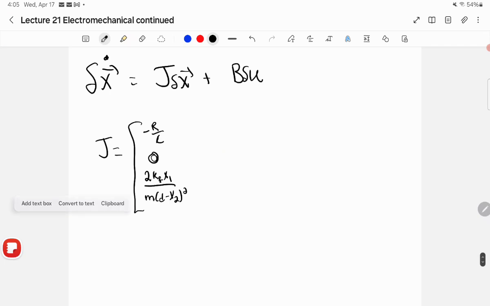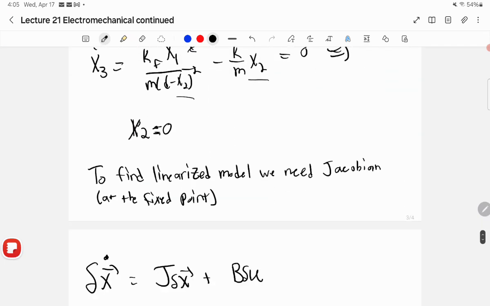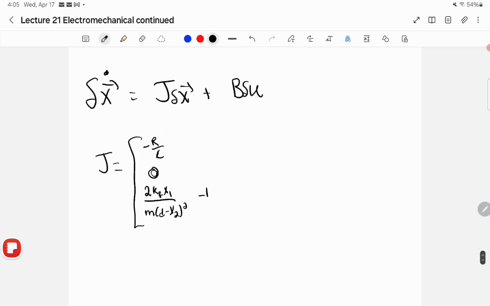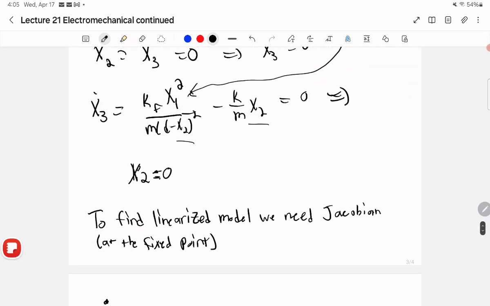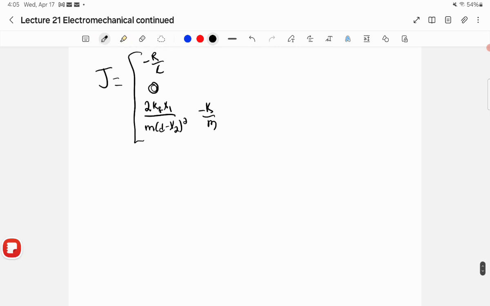So I'm going to do the easy part first, minus k over m. And then when I take the derivative of this one, what you should find is you get kf times x1 squared, because obviously I'm doing this with respect to x2, so there's no derivative that happens there. Kf times x1 squared divided by m times d minus x2 cubed, and there's going to be a minus sign as well, so it's going to be minus